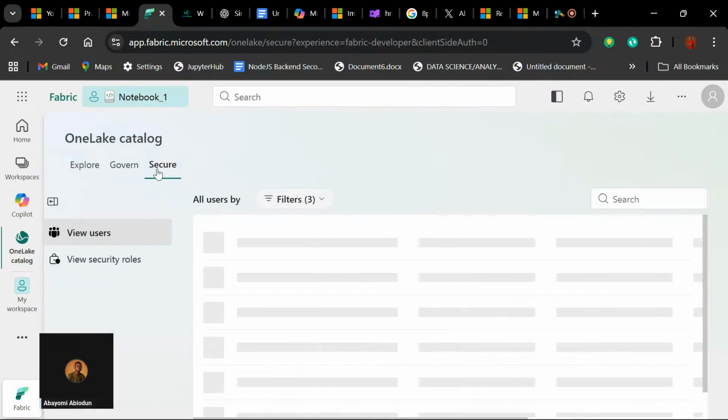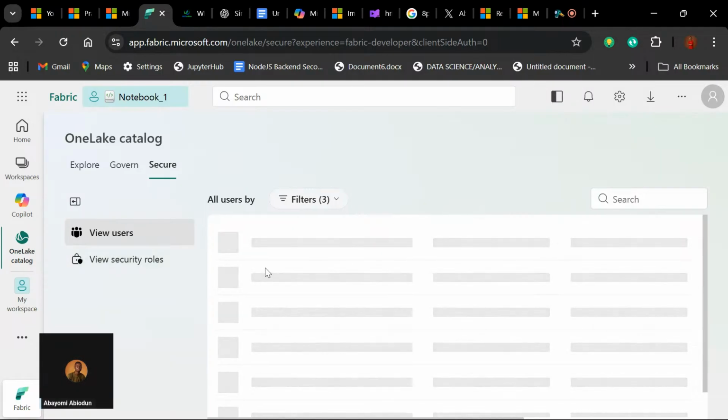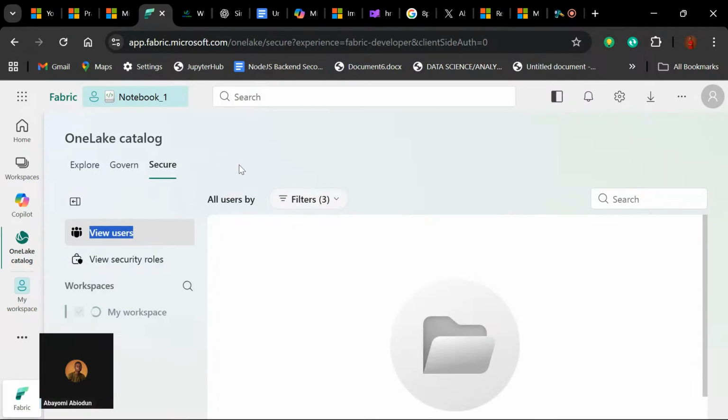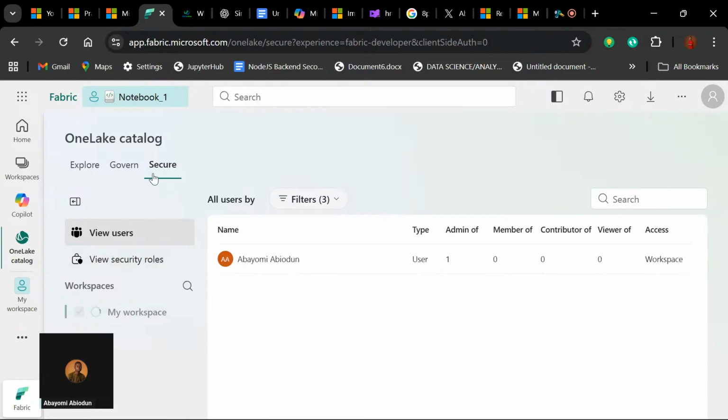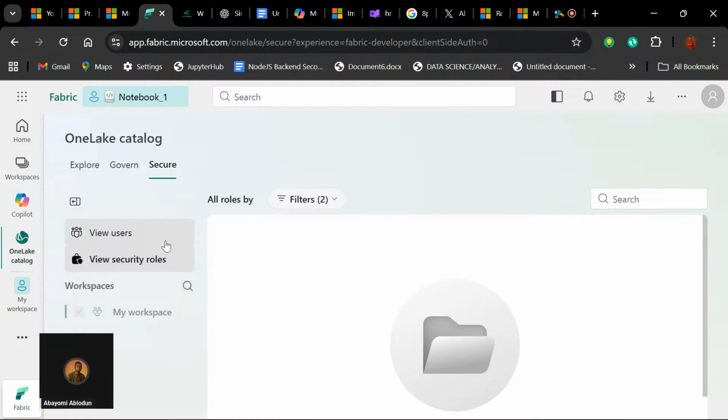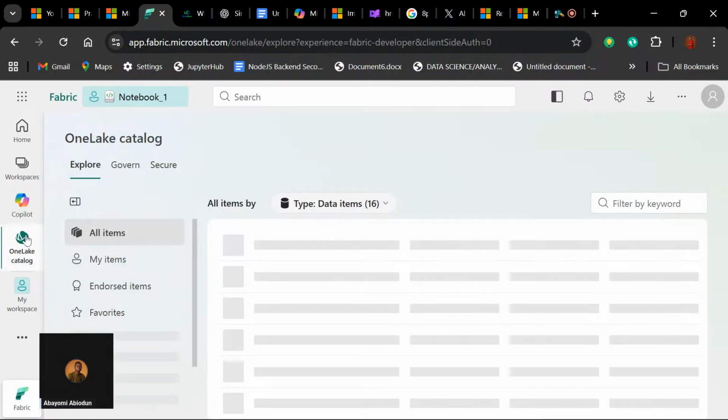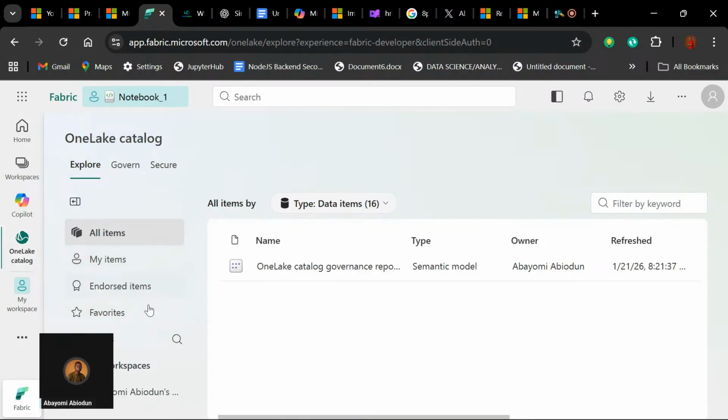We can also check by users here, and also the security role. So security role is also important for us to be able to monitor what is going on in our Microsoft Fabric. And here we can easily create,